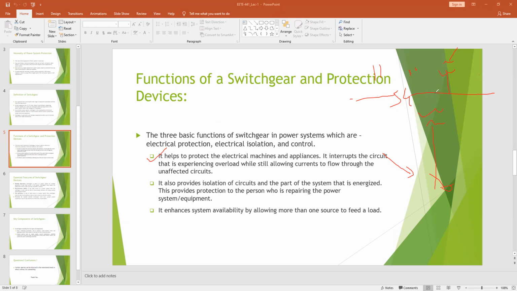So if this portion was connected to the power system, two consequences could have happened. First of all, the equipment gets damaged. That's one portion. The second is that whenever you send some people over here to do the maintenance, that person's life would be at risk, because he cannot work on a power system which is connected online.